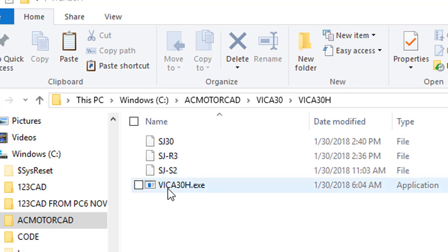So I have this exe here, which is the program itself. I put it into this subdirectory. You can put it anywhere you want, but the data files, I have 3 data files here, input data files, must be in the same folder. This one is a Vica30 input file. These two were outputs of Vica31, which is the punching file program, which is also included with your purchase of